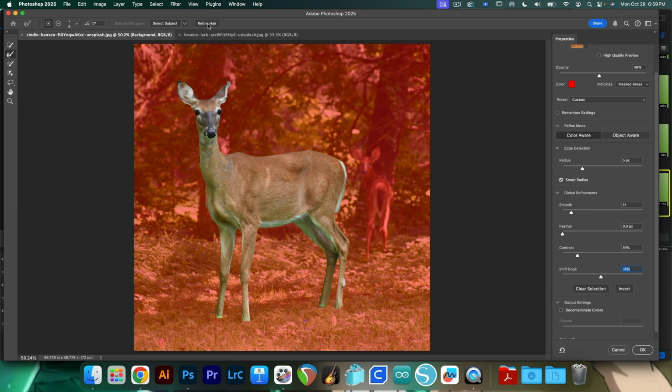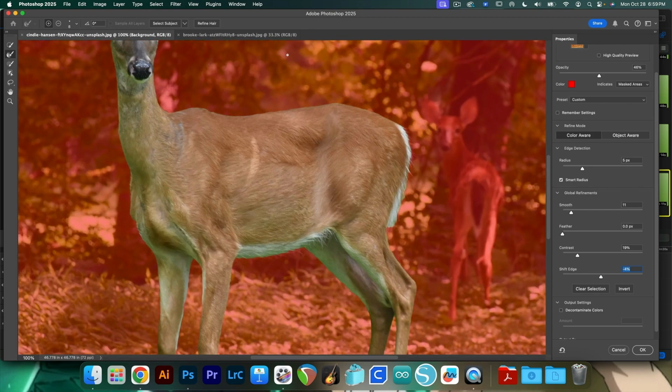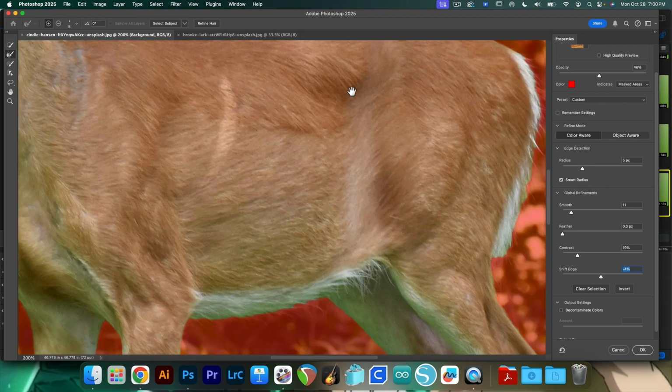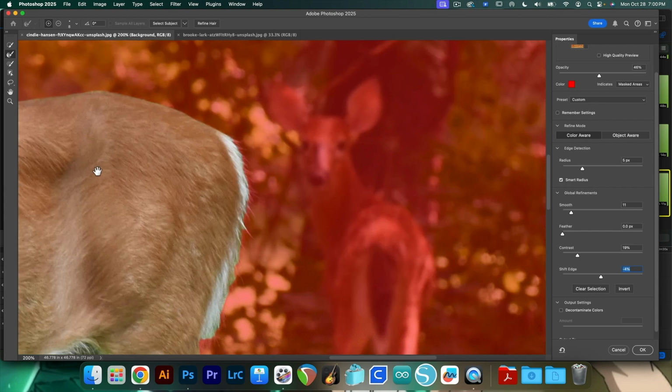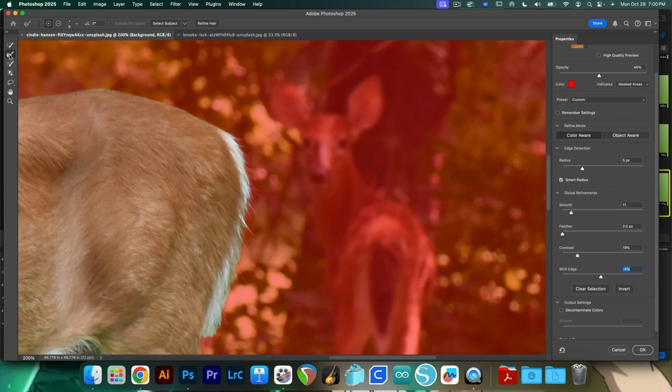We also have this refine hair function that is basically kind of an auto function to look at hair. So with this it'll work a little bit, but really what's gonna kind of bring back our fur is by refining our edge. So right now I am selected on the refine edge brush tool. I'm gonna make it a little bigger. And then I'm just going to brush the edges, the areas that I want Photoshop to take a look at